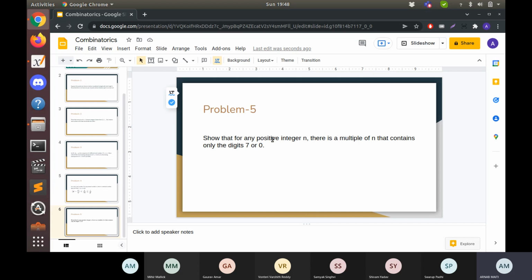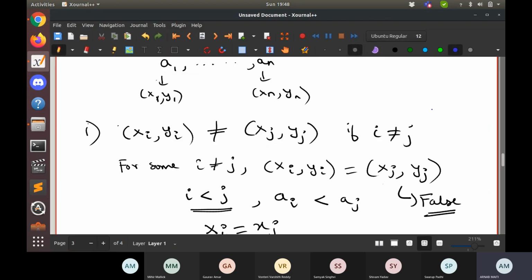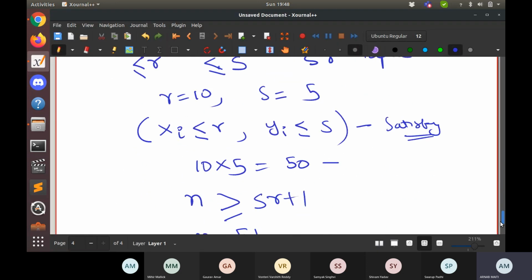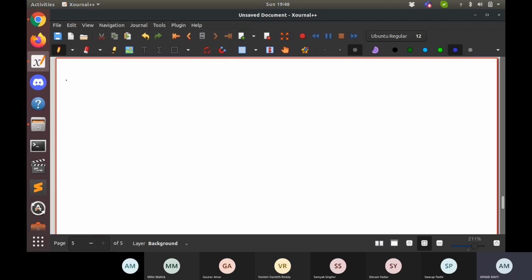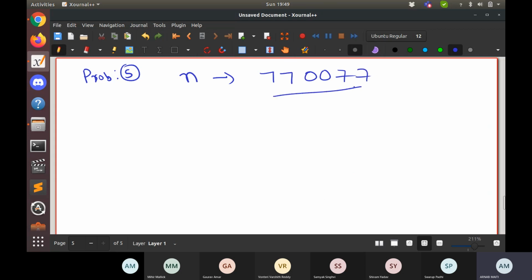Only these two digits. So basically, if you take any n, you will have a multiple of n such that the digits are either 7 or 0, nothing else.